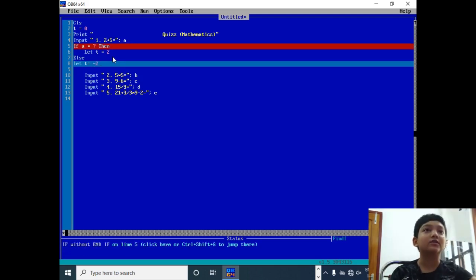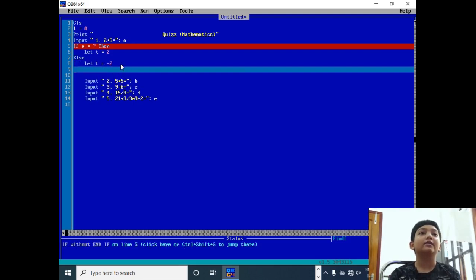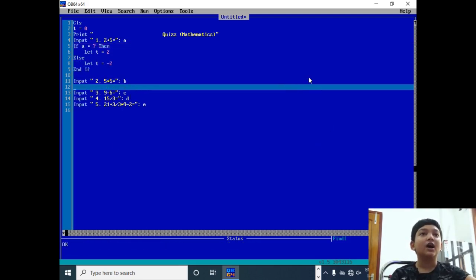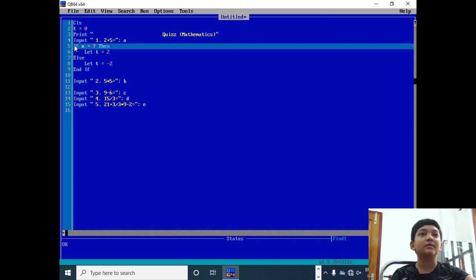Is it minus 2? Yes. Let T is equals to minus 2. Now end if. Then comes our second thing. I will be copying the same thing,